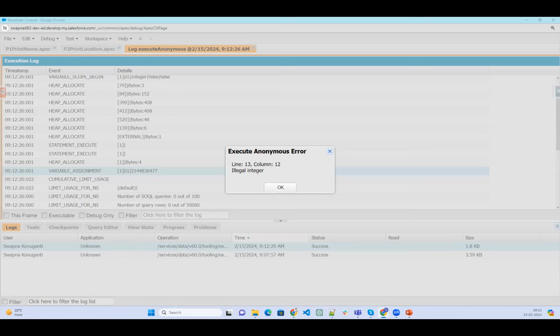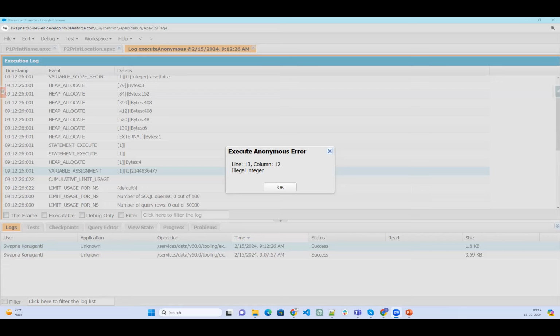And today, illegal integer. What does this mean? Illegal integer means the integer size is out of range. The size exceeds the limit, it is more than the range.